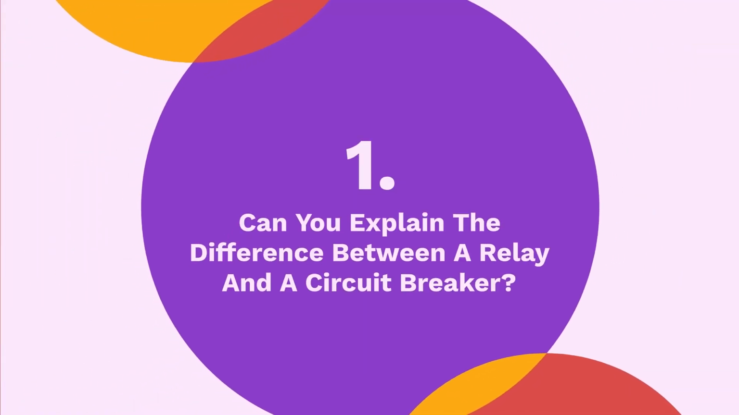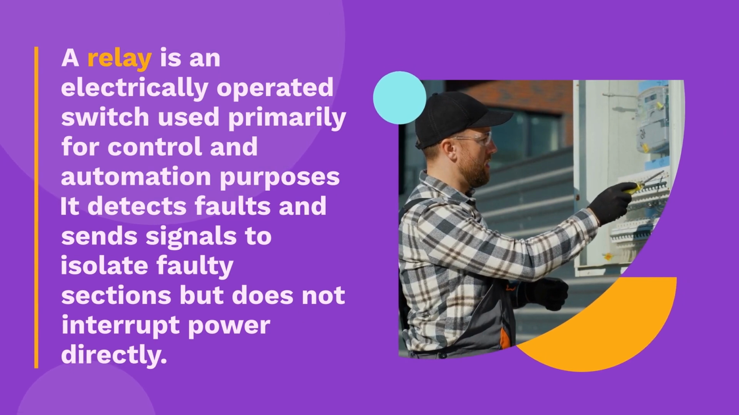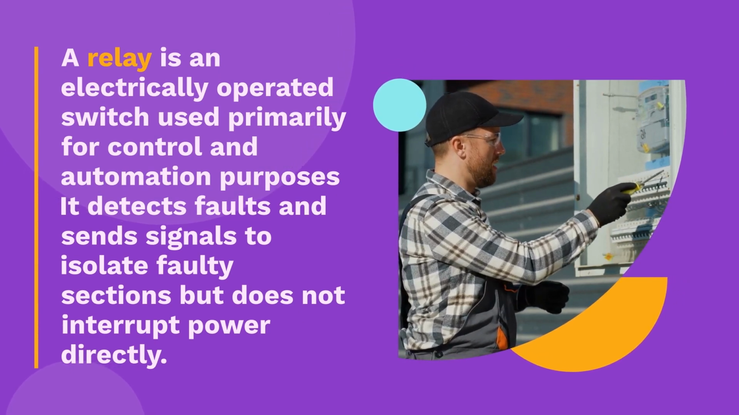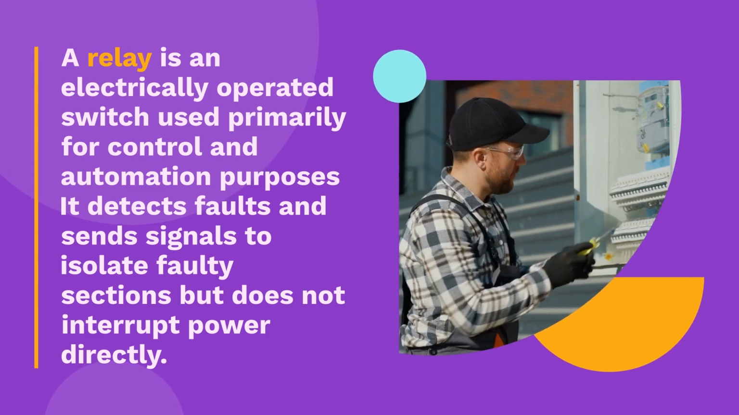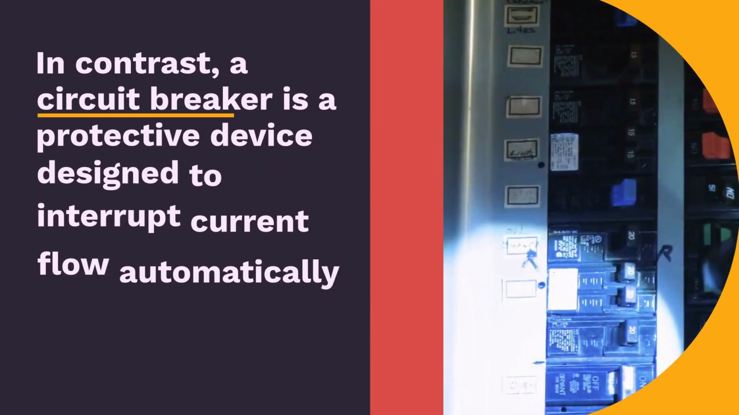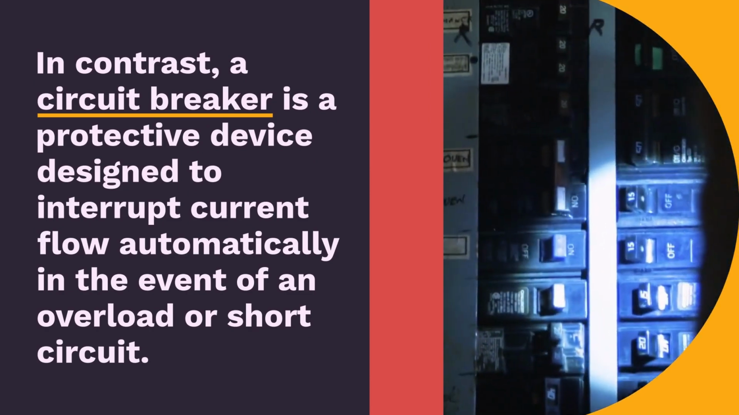1. Can you explain the difference between a relay and a circuit breaker? A relay is an electrically operated switch used primarily for control and automation purposes. It detects faults and sends signals to isolate faulty sections but does not interrupt power directly. In contrast, a circuit breaker is a protective device designed to interrupt current flow automatically in the event of an